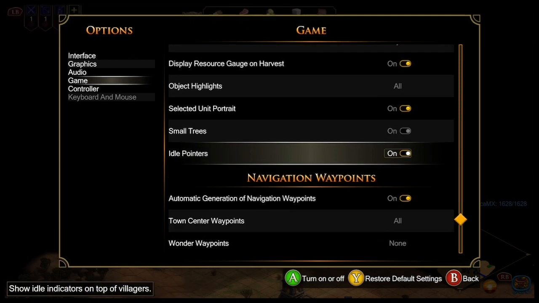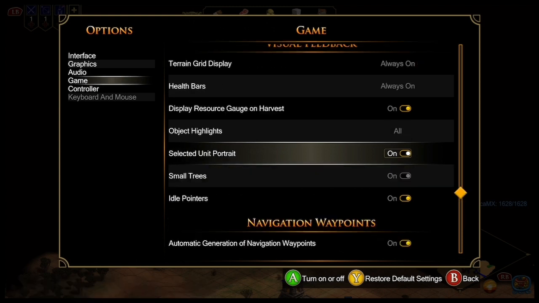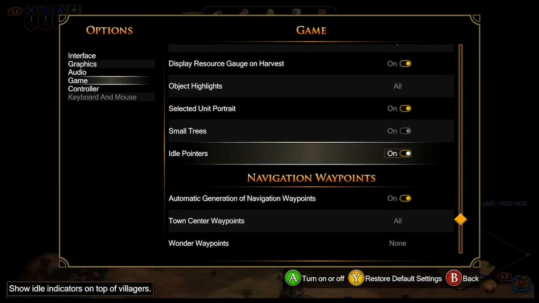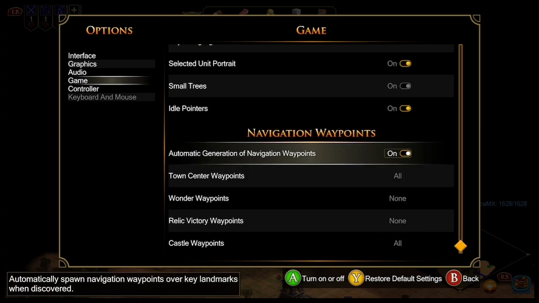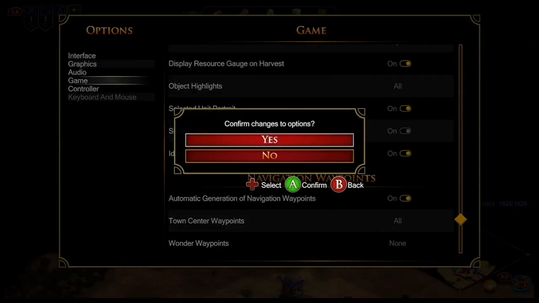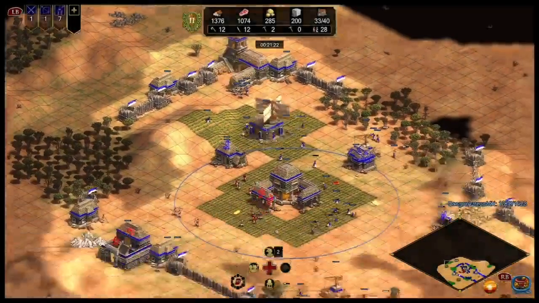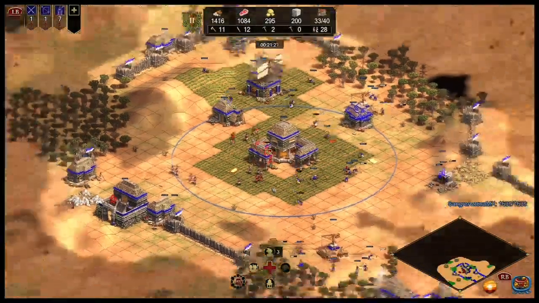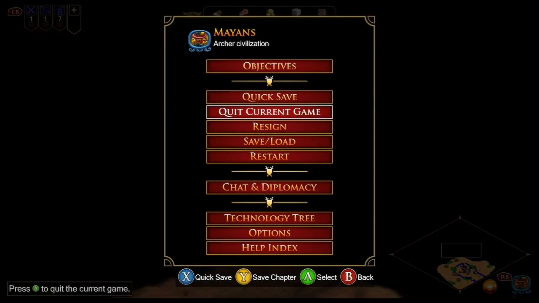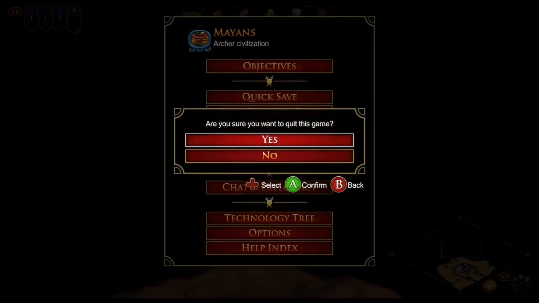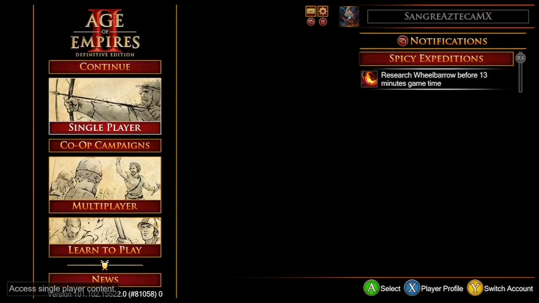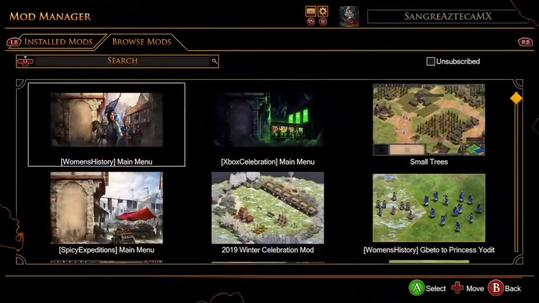Select unit portrait, sure. Idle pointers, small trees. There's 2 ways to have small trees. There's a mod that you can use, and then you can turn this on. Actually, with this last update, they kind of messed it up. So before the update, the way that you would do this, you had to... All right, let's quit this game. You would go to your mods and